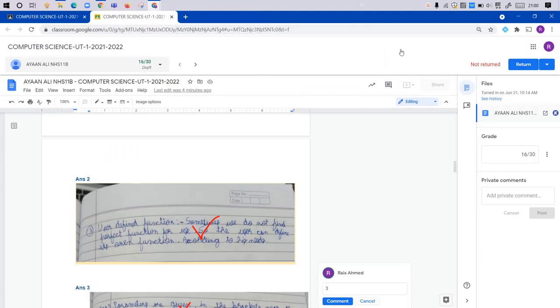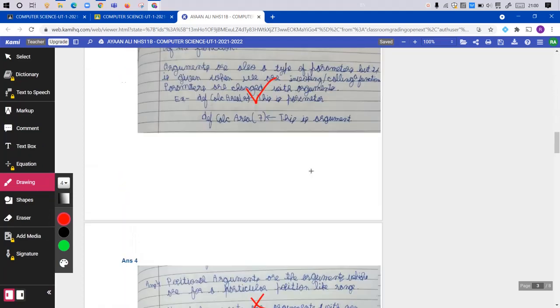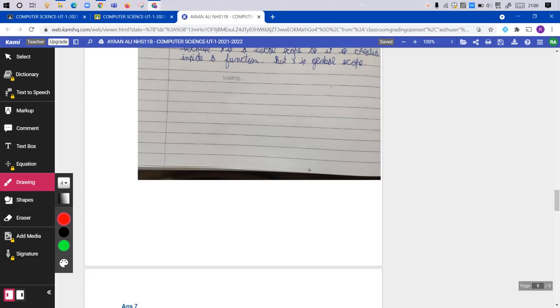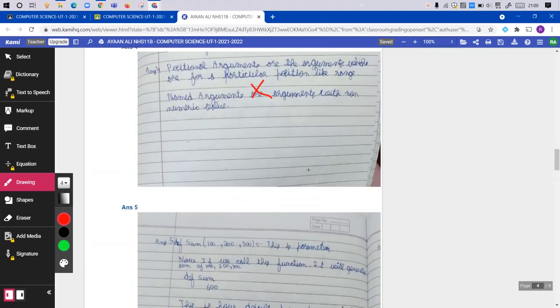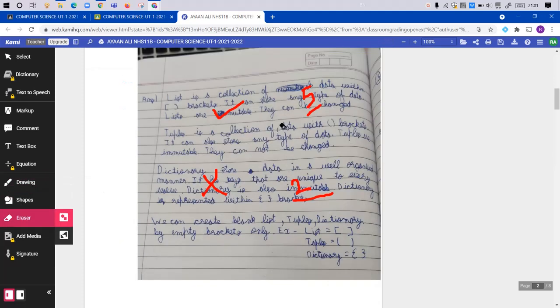If you want to again open that paper and check whether you have done the corrections or not, you can again click on this open in Kami button. The document will open up and you will see that all the changes that you have made are already saved, and you can make changes to the corrections if you want to make.